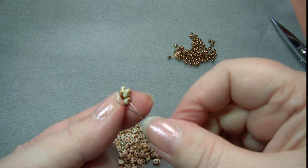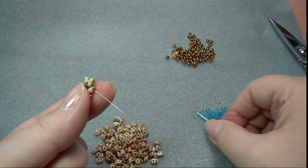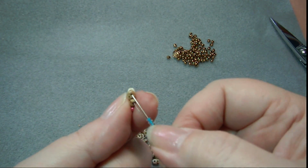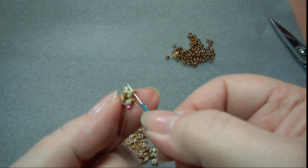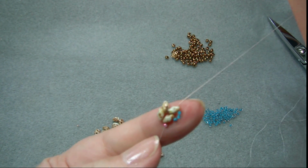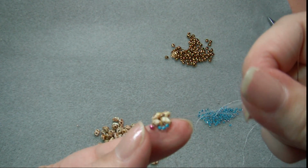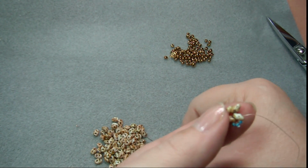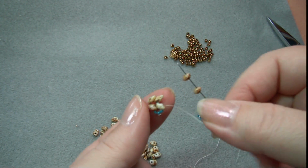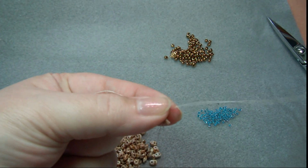Okay, so now you've got to step up to the next hole, and so that we hide our thread somewhat, I'm going to string on 3 of the size 11s, put it through the top hole of the Superduo, run it on through, so it makes like a little picot of sorts. Okay, next thing would be to pick up 2 Superduo beads, run it through the top hole of the other bead in your pair,